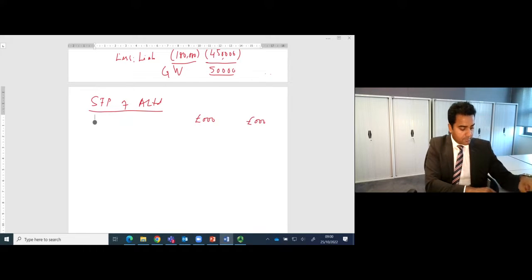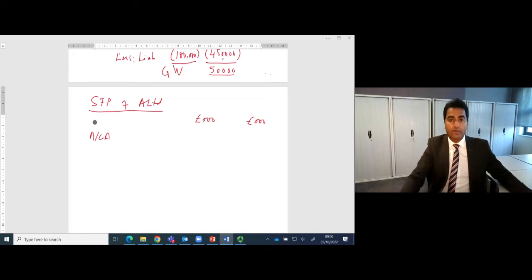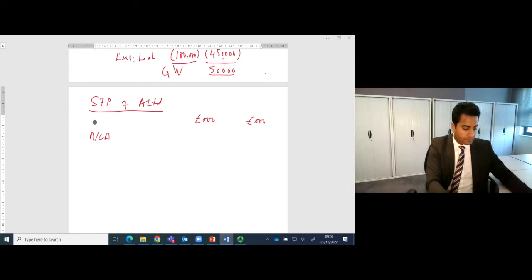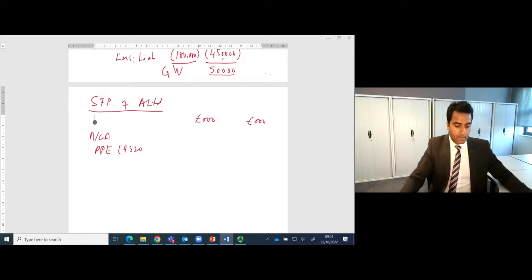So the first figure that will appear is the non-current assets. So we will take the non-current assets of the parent company, PPE, which is 4,320,